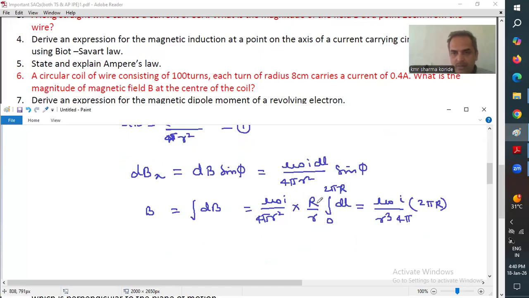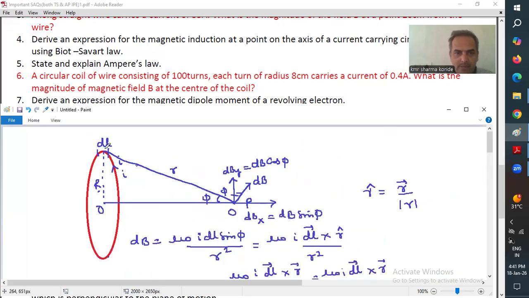So mu naught I by 4 pi r cube, with r square into r cube, and the 2 pi r limit. Therefore, mu naught by 4 pi I into 2 pi r square divided by